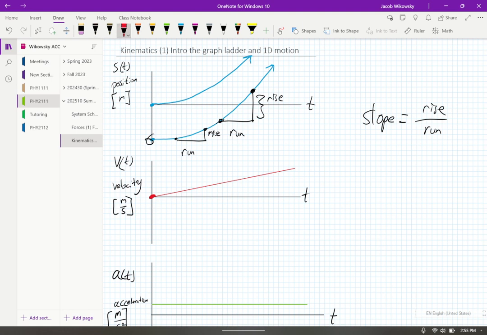It says take the limit as this run shrinks. As I take this rise and I bring it closer and closer and closer, you get the instantaneous, that tangent slope, the slope of that tangent line. But if you were doing something like this, that's the same slope, whether we did 2 points that are far apart or not. So even with only the algebra technique, we can still do this,